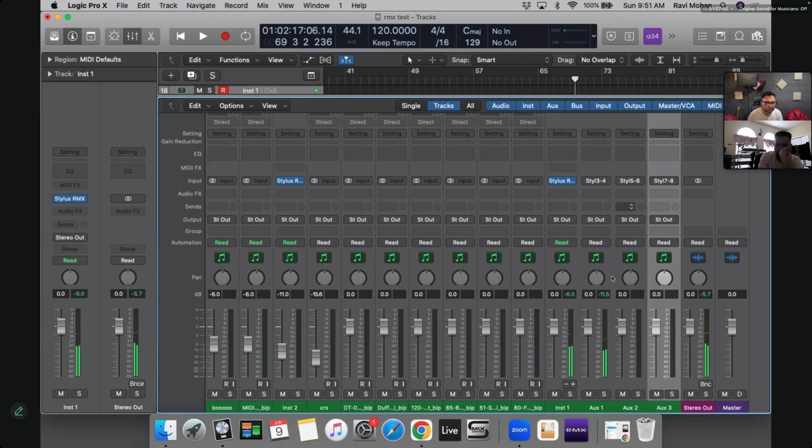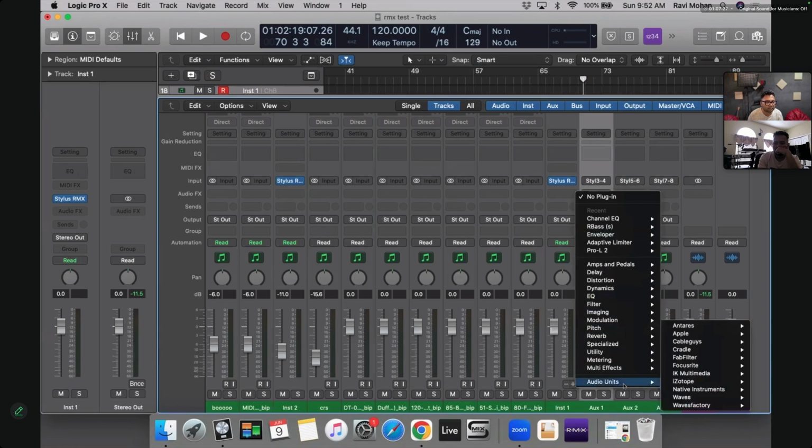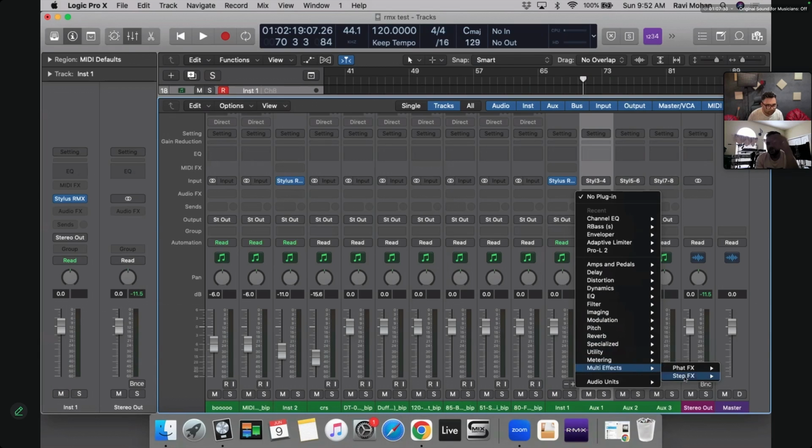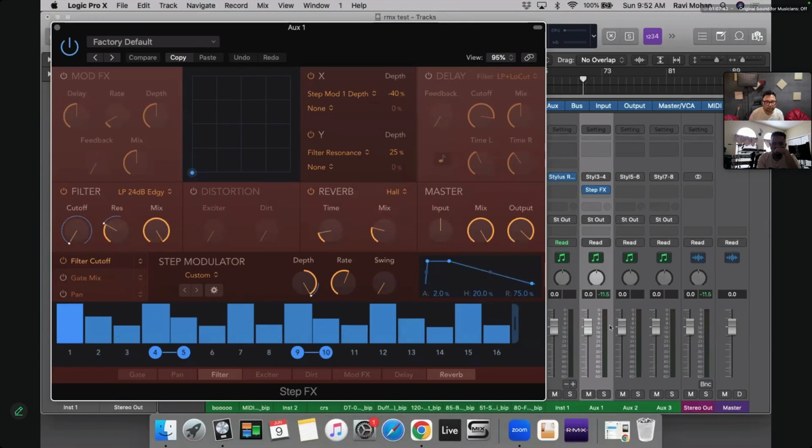5 6 does not have anything currently. You have the second loop in here. So you can use the native Logic mixer, and let's say you wanna use some different third-party plugins to mingle around with that sound, you can obviously do that. But you can also do a lot of this within RMX, like you were showing me, right? Yes, RMX has plenty of stuff that you can do, but say you wanna do something like this.